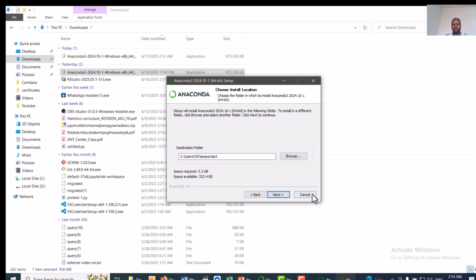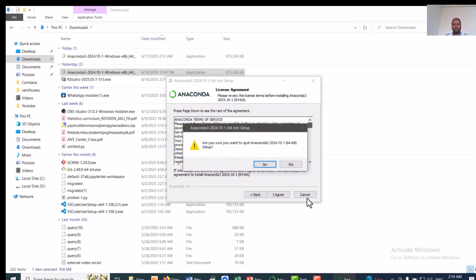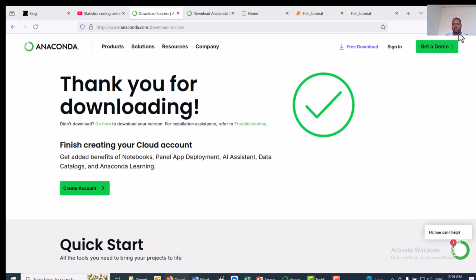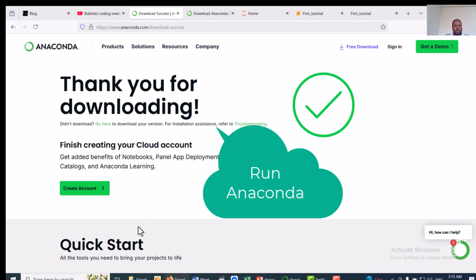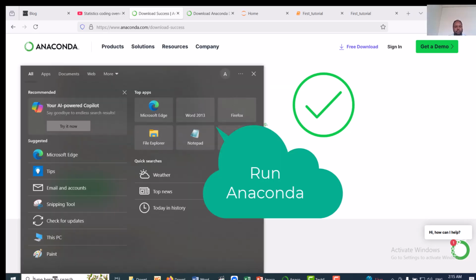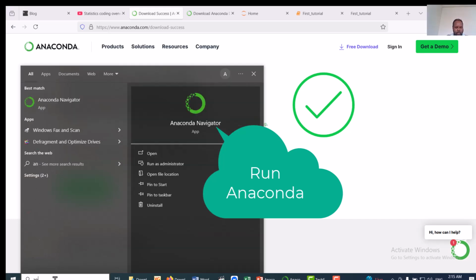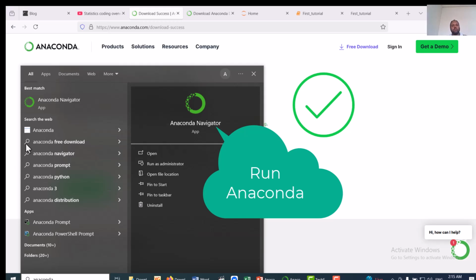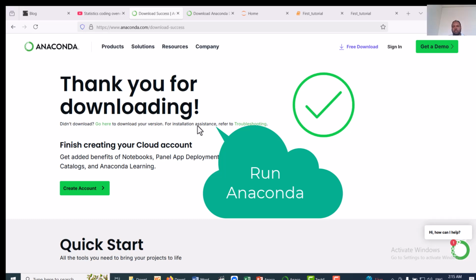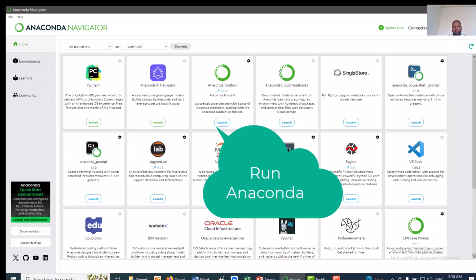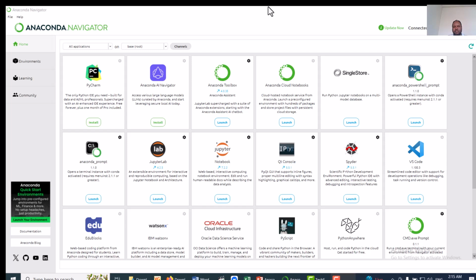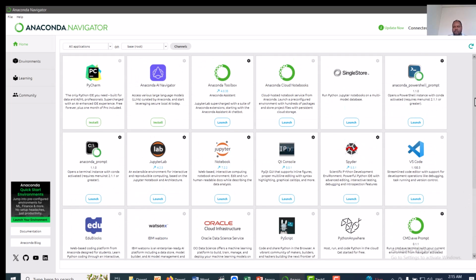So after finishing this installing procedure, the next step is nothing but to run the installed Anaconda. To run the installed Anaconda distribution, I search in the startup by saying Anaconda. Yes, Anaconda. Here is the Anaconda app. I click once, then it is opening. Yes, this is the Anaconda Navigator homepage, on which there are the applications that we are interested